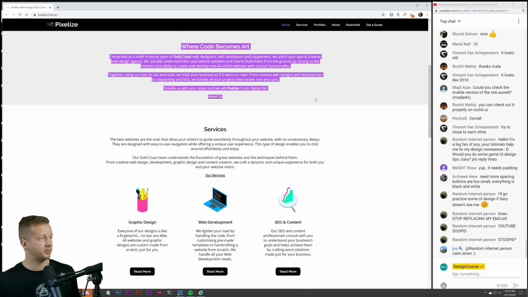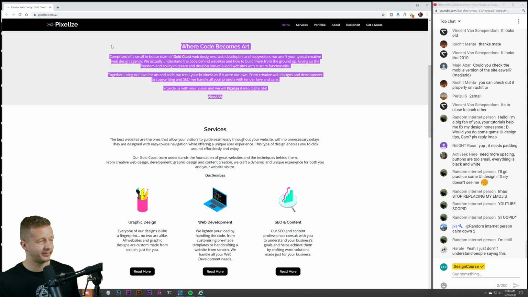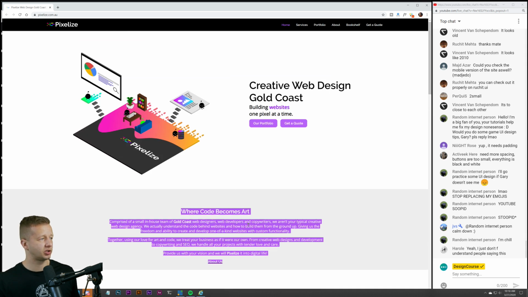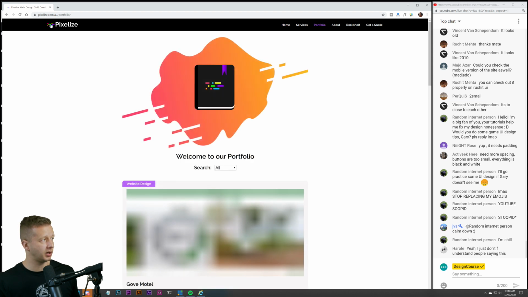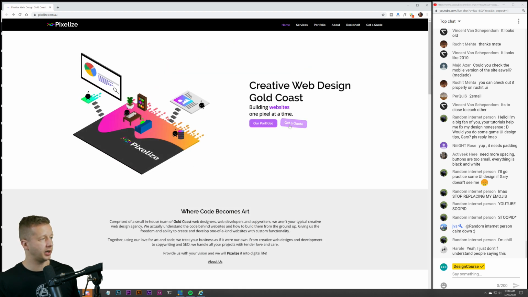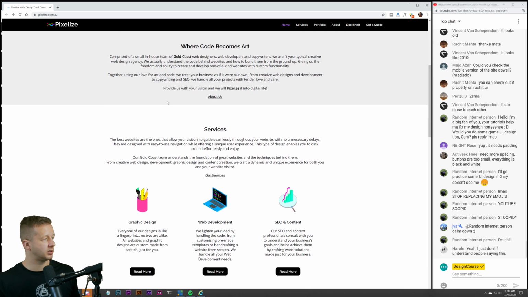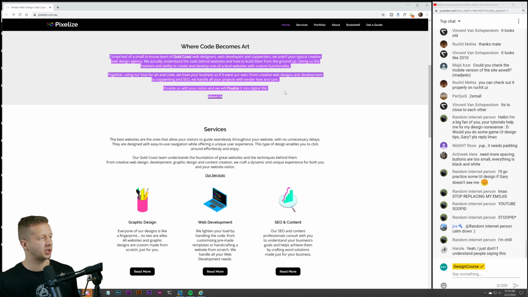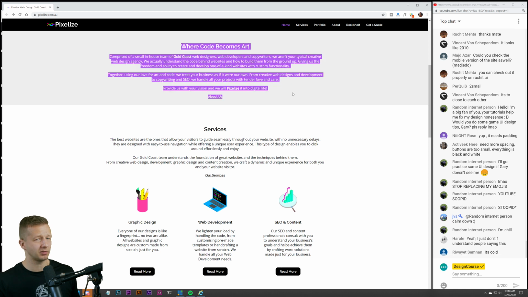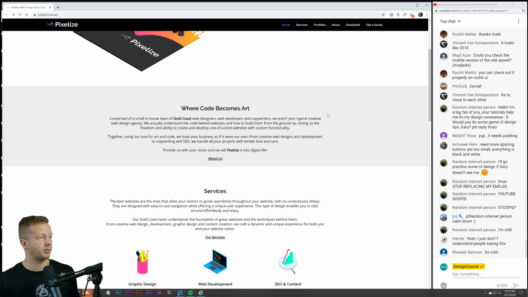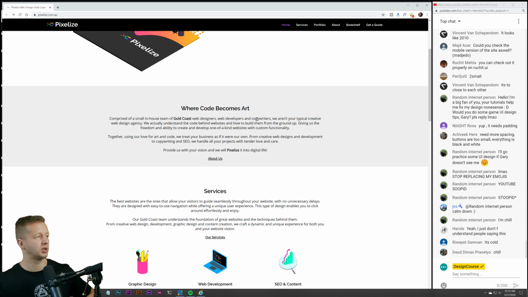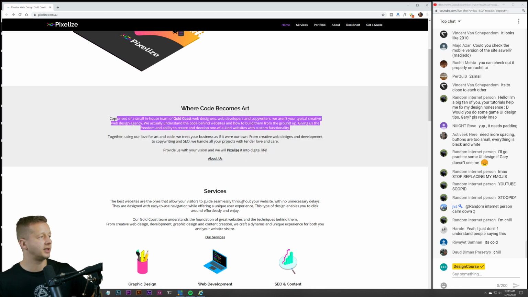So where code becomes an art, I would probably not put that section like right here. You do have an art portfolio button, which is good because you're directing them to an area. But just a little bit too much type here, I would say, the way you have it just centered like this. If you can create a section that's a little bit more unique with an illustration of some sort, maybe put that to the right, left align this text instead of centering it,